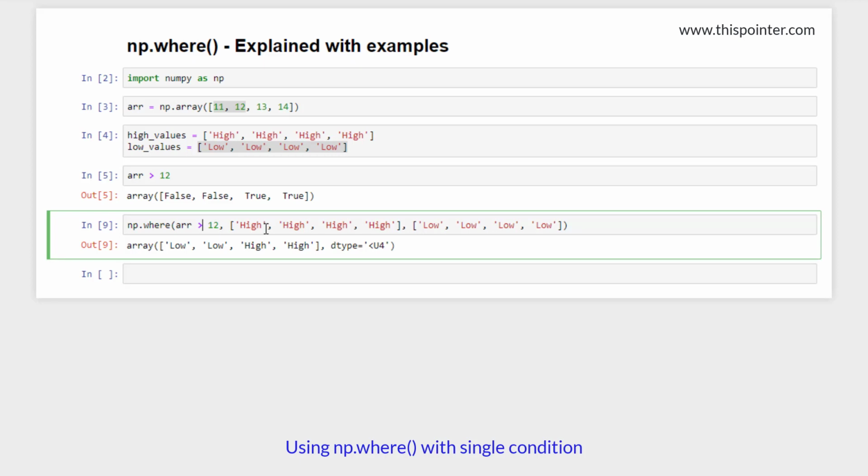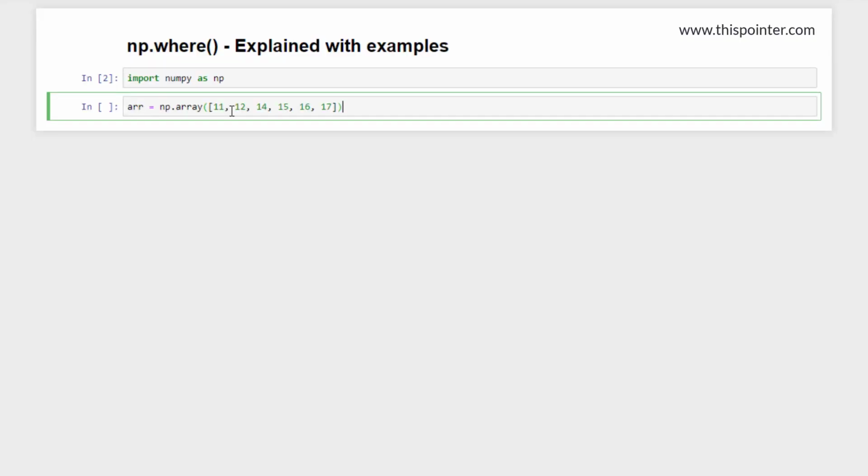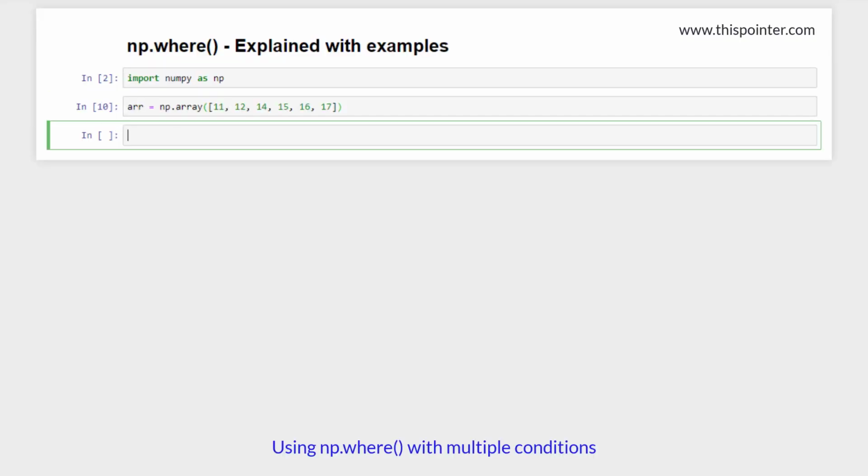Now what if we want to pass multiple conditions instead of a single condition? Now suppose we have a NumPy array ARR. Now let's see how to pass multiple conditions in the where function. So we will write np.where.